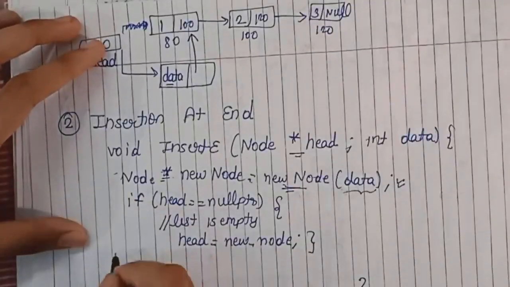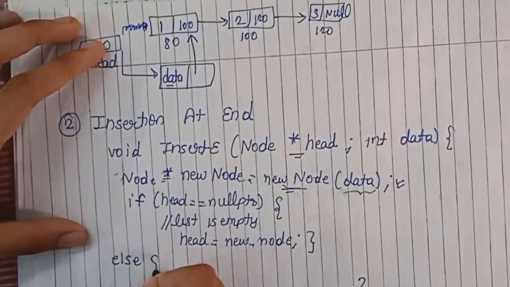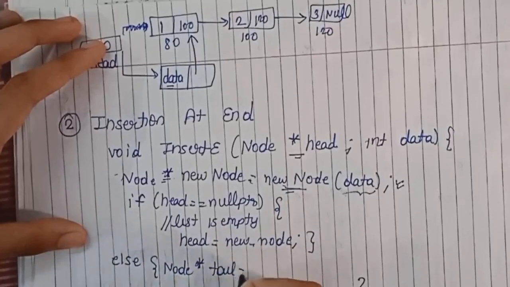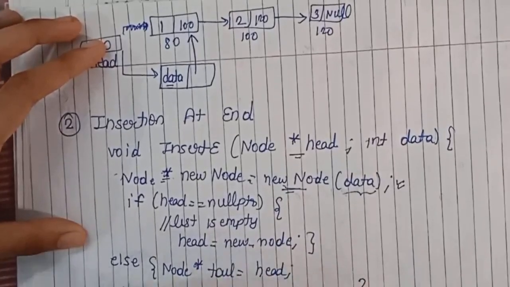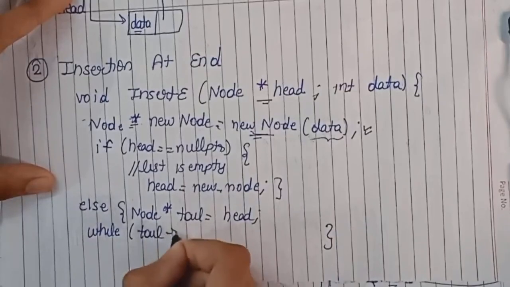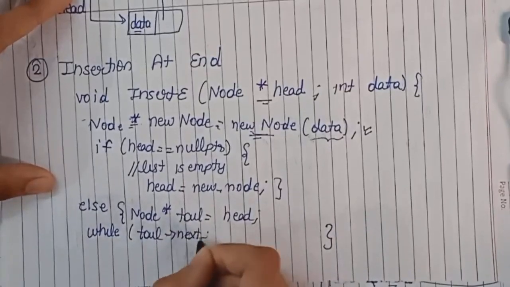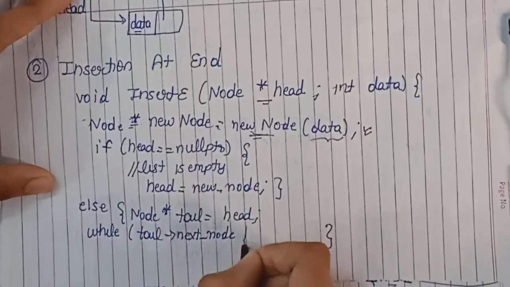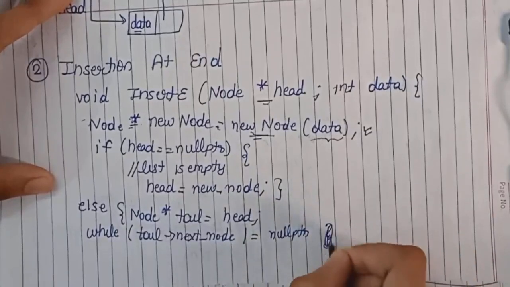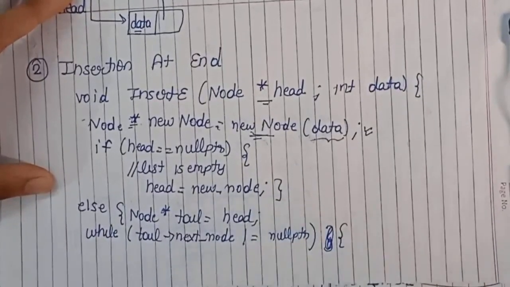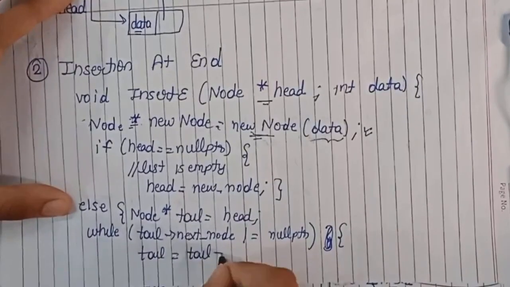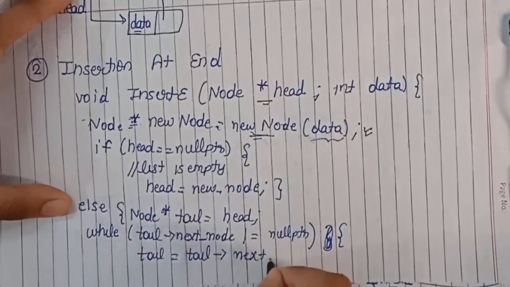So this was the if condition, and in the else condition I will first create the tail pointer, and now using the while loop I will do it while tail's next node is not equal to null pointer,